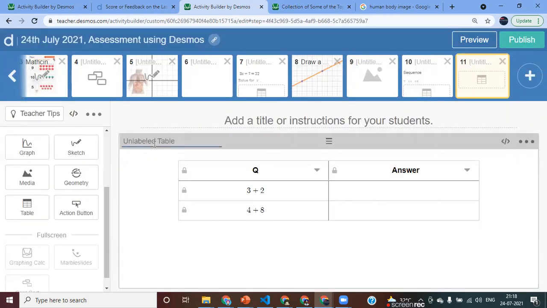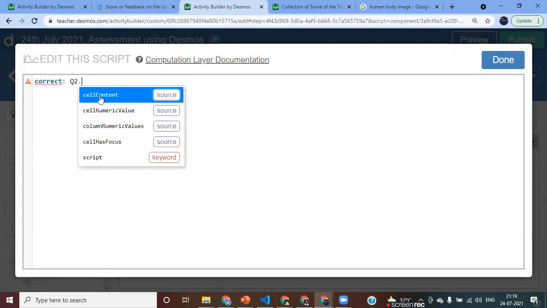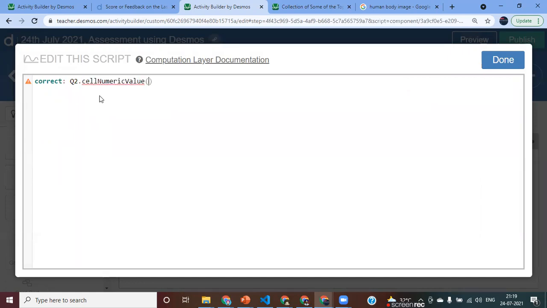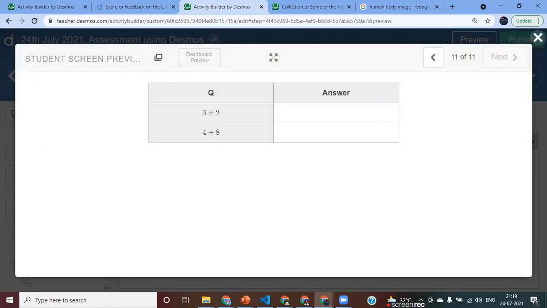Now I want to give the label here. Let's say question 2. Go to this computation layer and define correct, right? Question 2 dot cell numerical value of 1, 2 is equals to, I think it was 7 if I'm not wrong. And same thing you have to do. Question 2 dot cell numerical value, I think it was 2, 2 equals to 12. That's it. Sorry, let me change the question because I have said